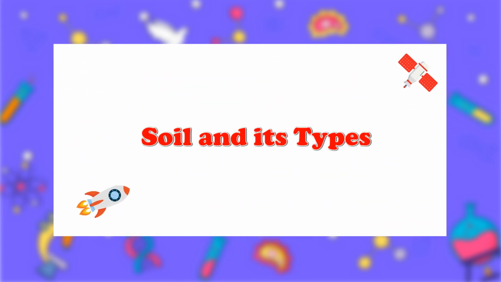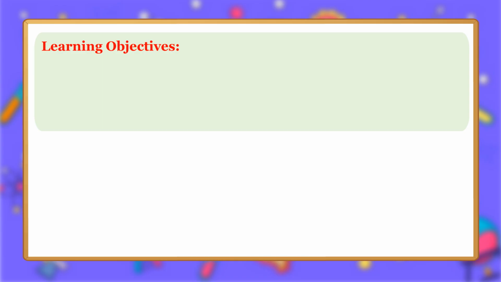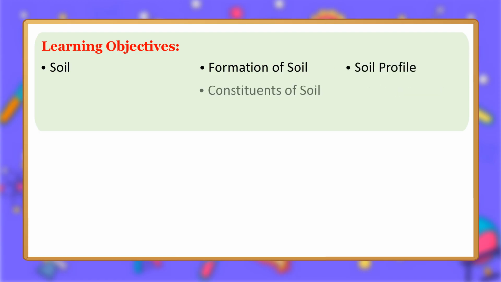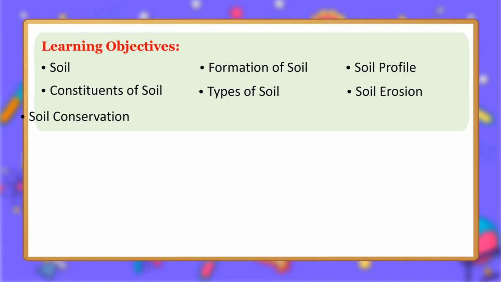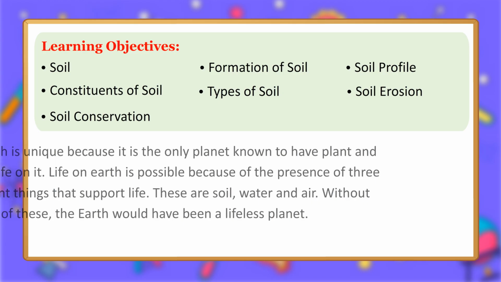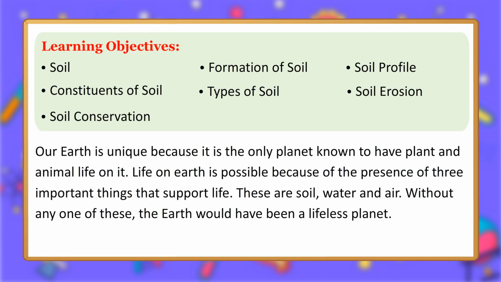Soil and its types. Learning objectives. Soil. Formation of soil. Soil profile. Constituents of soil. Types of soil. Soil erosion. Soil conservation. Our Earth is unique because it is the only planet known to have plant and animal